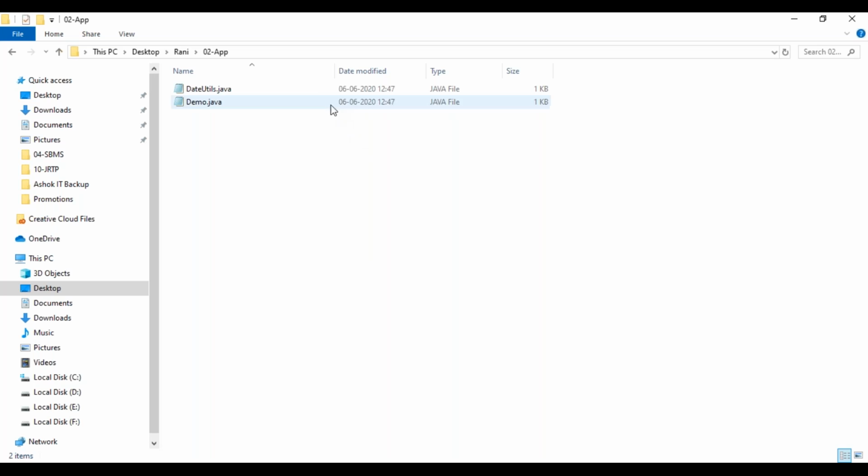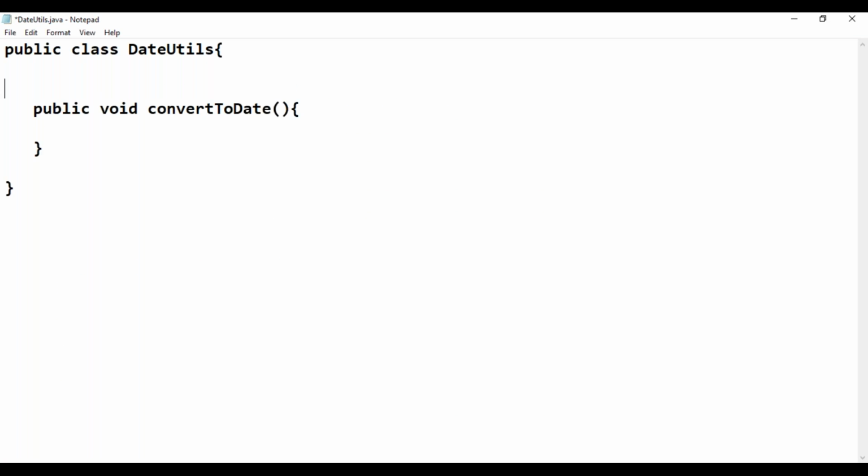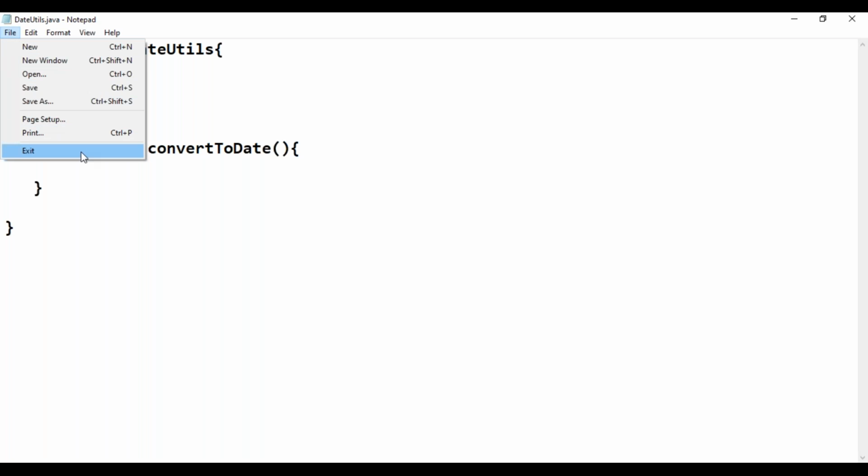Now what task have I given? I asked her to add comments to the dateutils.java. Now she opened this one and she added some documentational comments for all the methods like this. To improve the readability of our class, I asked her to add documentational comments: who is the author, when the method is created, why that method is created. She has done the changes.